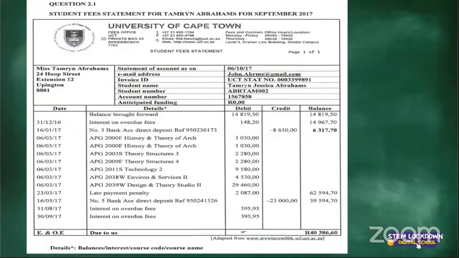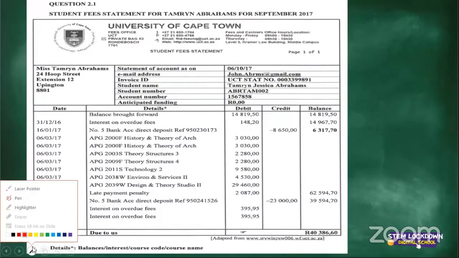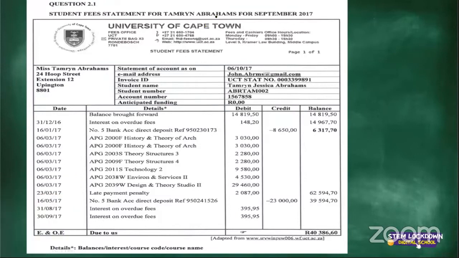Okay, guys, this one, we were dealing with statements, account statements, financial documents. It is that week when we were using MS Teams, so you might not have been in those classes, but the videos are available, so you can go through them once again to refresh your memory, ne? But we can still do it right now. You'll let me know if you struggle, but I don't think you will.